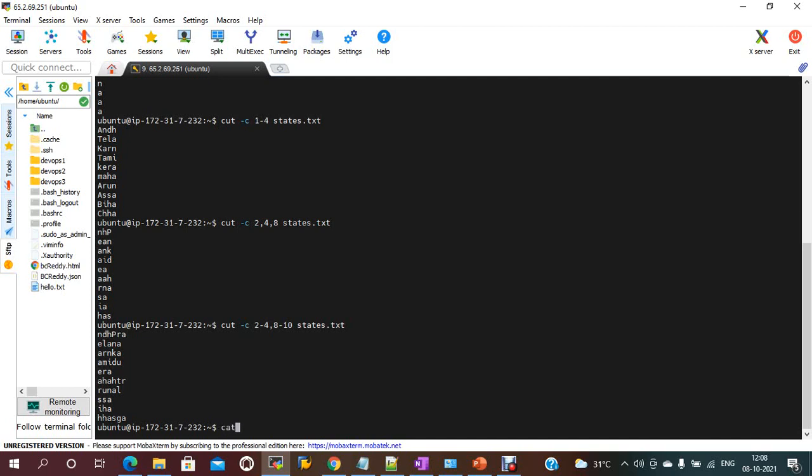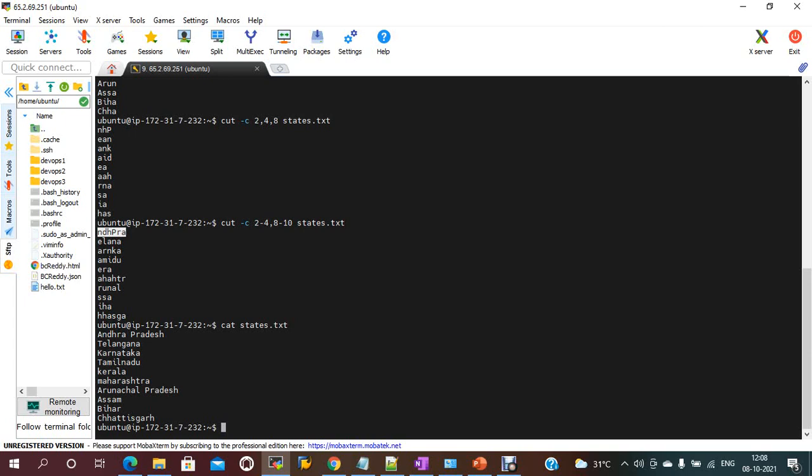To see the file output, 2 to 4 is first, and eighth one is 8, and 10th is like 8 9 10, three characters will come. Hyphen means 2 3 4, here 8 9 will come, here a and d pra, the output is a and d pra, like this.